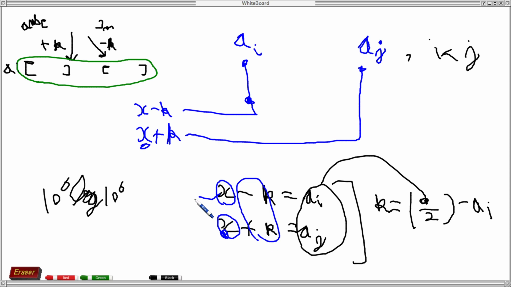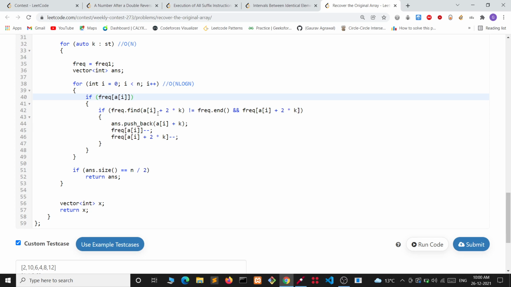If AI is equal to some X, then AJ will be X plus 2k because there is a difference of 2k. So we are checking if AI plus 2k exists in frequency, and if the frequency of AI plus 2k is not equal to 0. Basically, AI plus 2k is the potential value of AJ which we want.